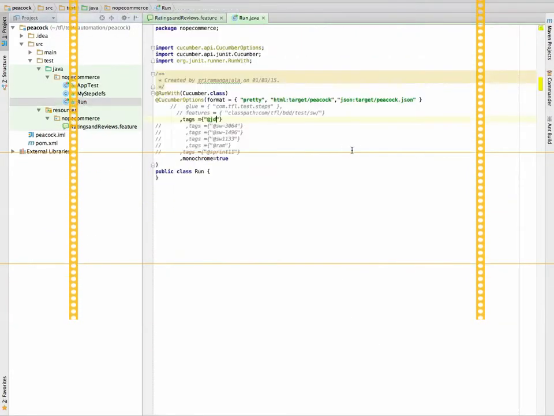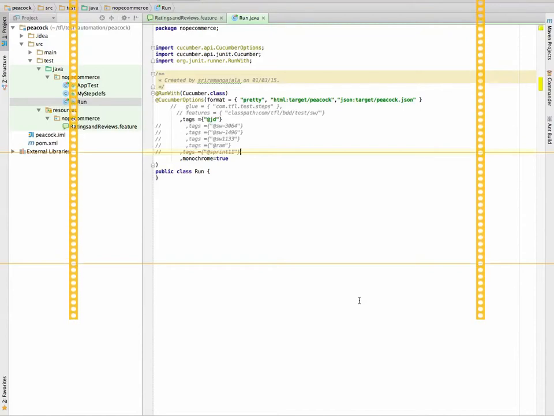How to run it? Now run it. Now see, it will fail. It should open a browser. It should open that Apple box, and then after that you don't get the link because it's not implemented.